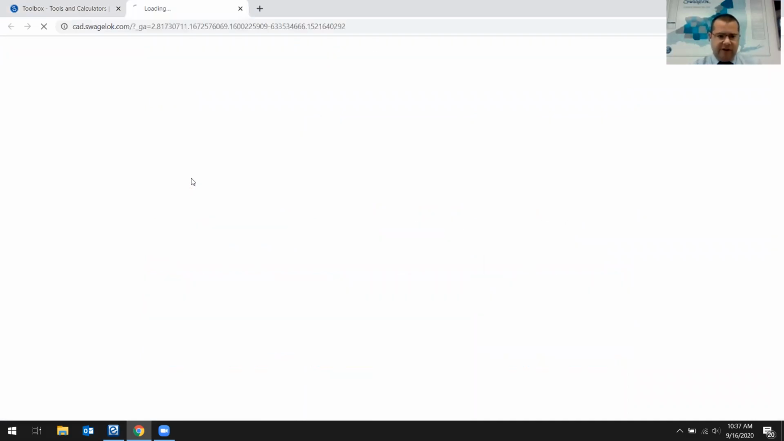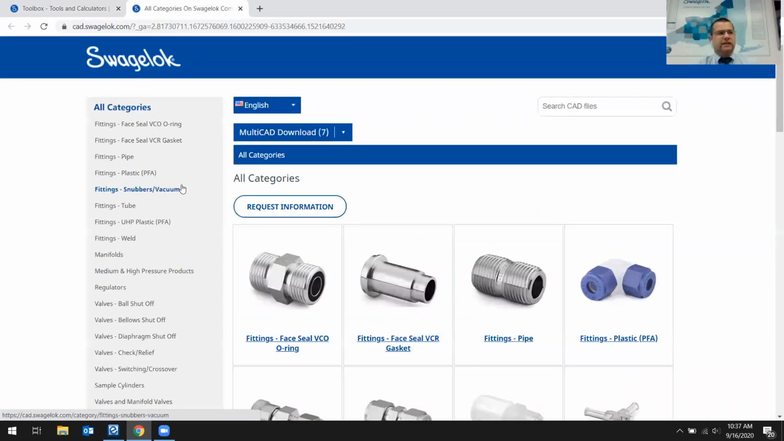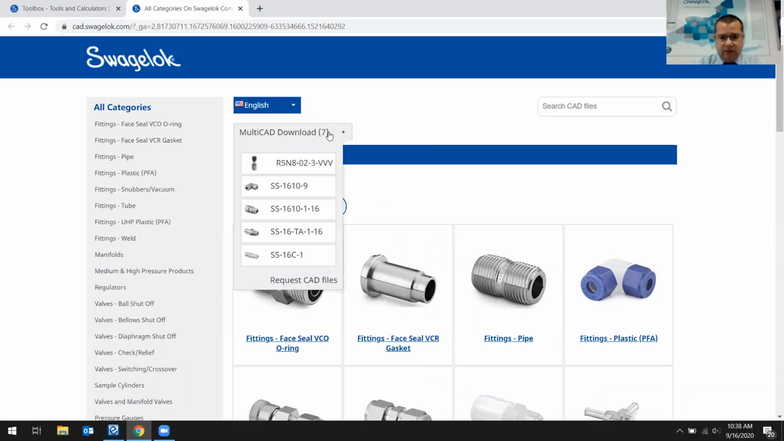And I'm going to start with the CAD files and sales drawings because that's honestly the one that I use most frequently, and I imagine other engineers and technicians use this one all the time as well. So when you click on that link, it's going to open a new window, and this is going to give you the option to